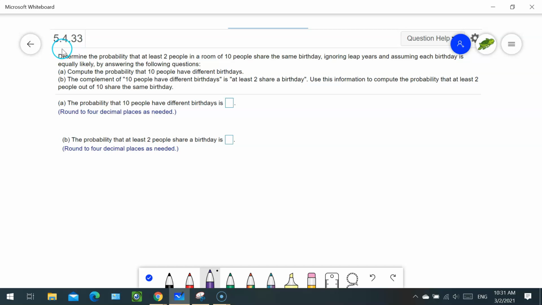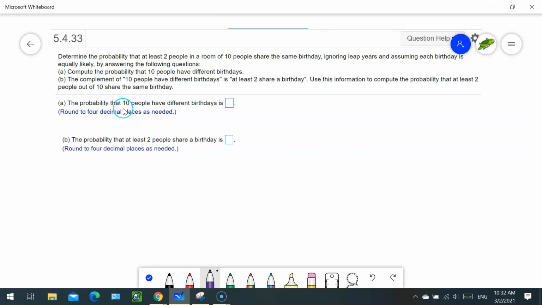Question on your MyMathLab 5.4, the last question. Determine the probability that at least 2 people in a room of 10 people share the same birthday, ignoring leap years and assuming each birthday is equally likely by answering the following questions. A. Compute the probability that 10 people have different birthdays. So solving for this question,